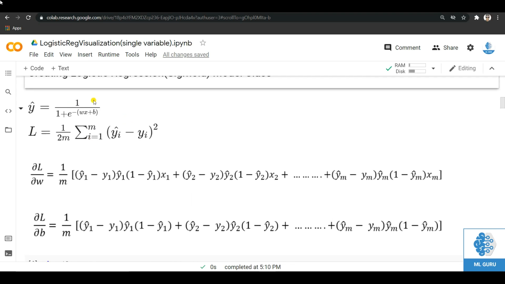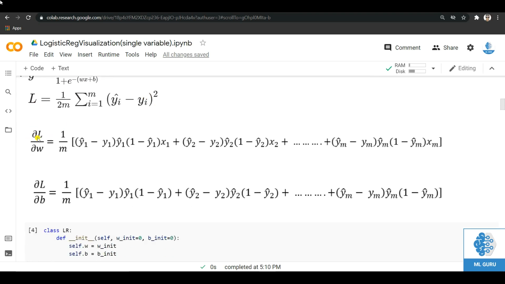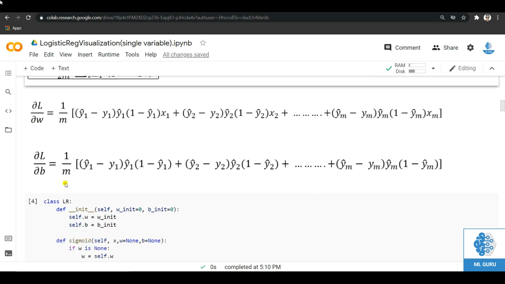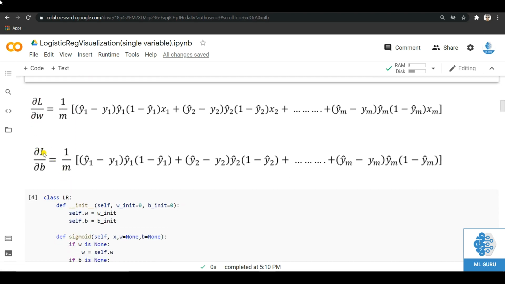This is also the formula of the sigmoid function which we use in logistic regression, and this is our mean squared error loss function. This is the partial derivative of this loss function with respect to the weight w, and similarly the partial derivative of loss function L with respect to b, and these were the formulas.